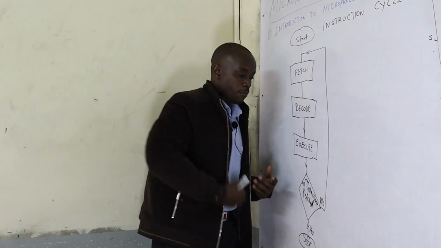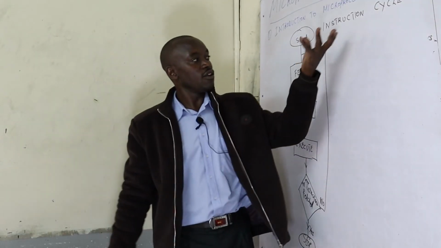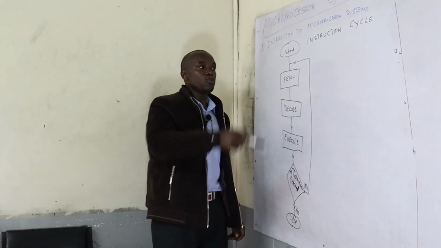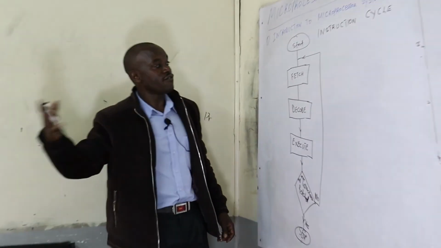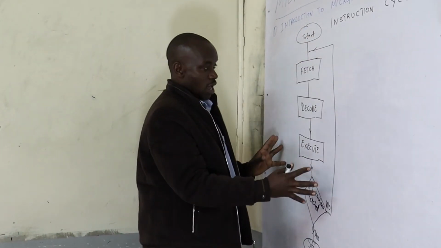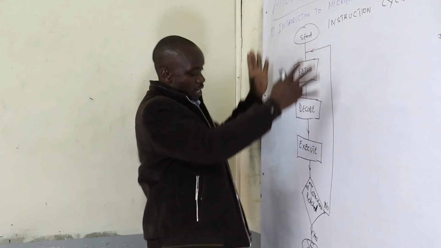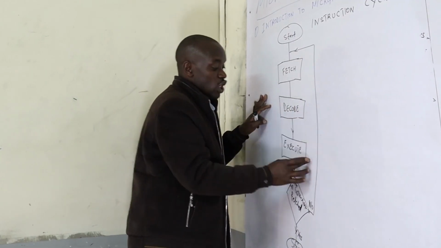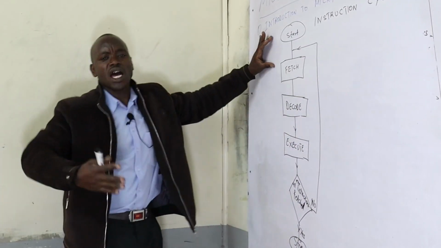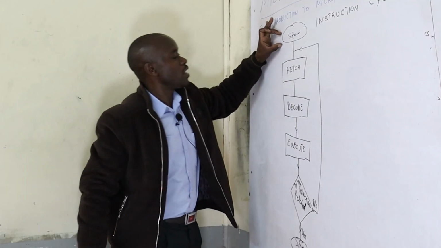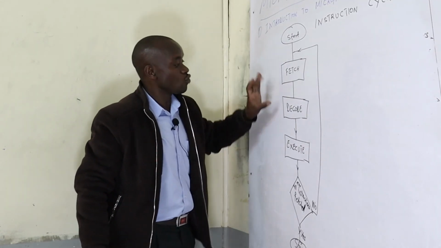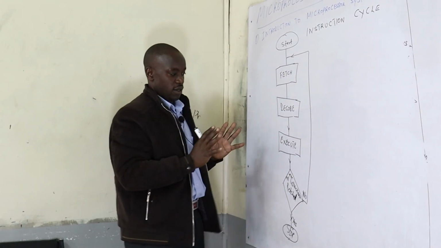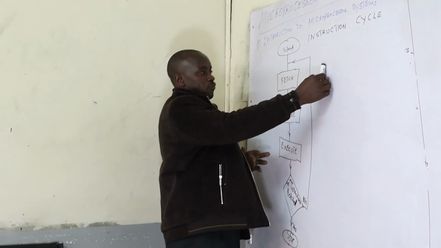Then lastly, we talked about the instruction cycle: the process of getting the instruction from memory up to the time it is interpreted, then executed to do a certain function. I drew the diagram, the waveform or timing diagram, to show what's happening, the conditions, and the operation in each. When we do programs and flowcharts, this is when I will explain what the blocks mean, since we want to use different blocks in flowchart programming. So after we have understood what the microprocessor does,